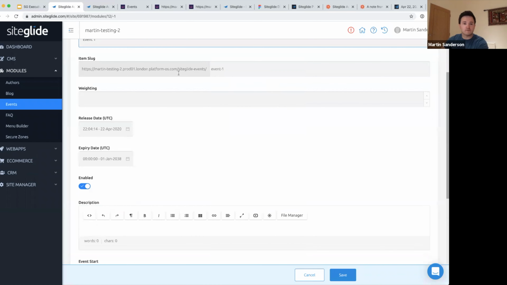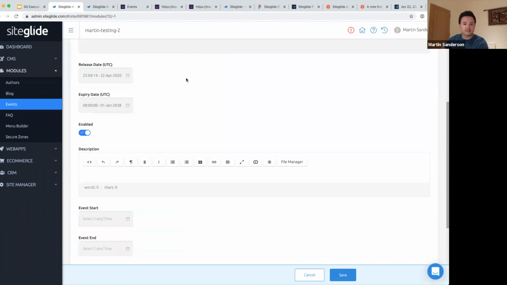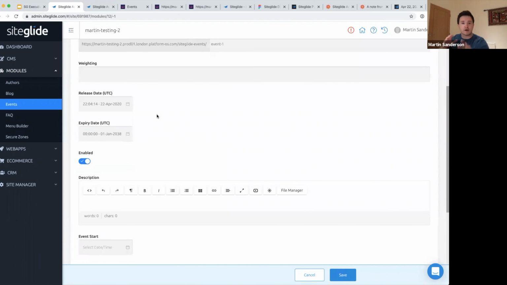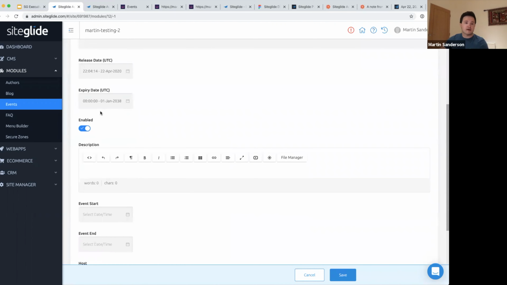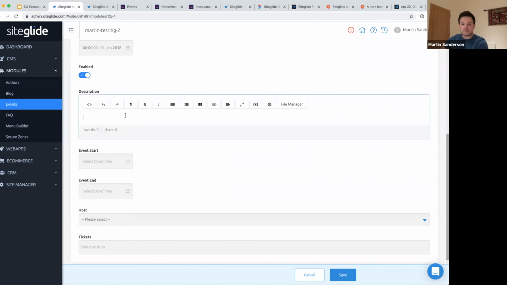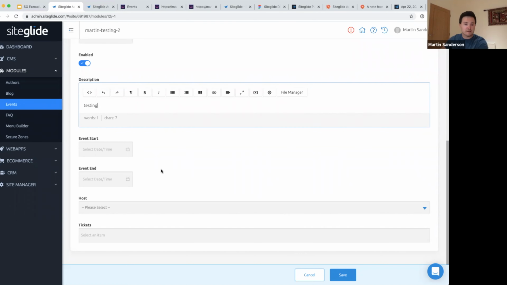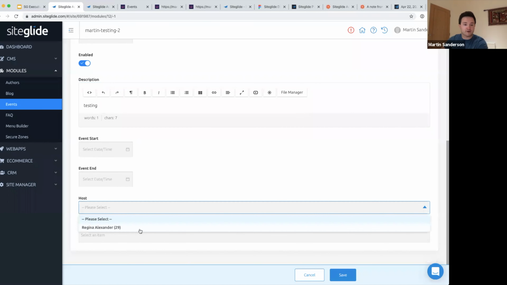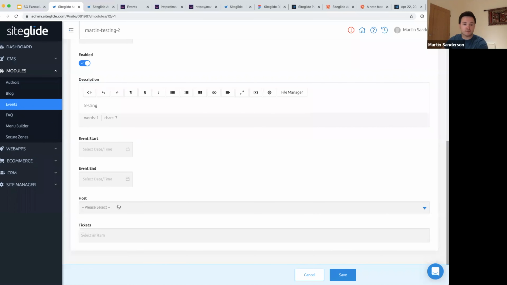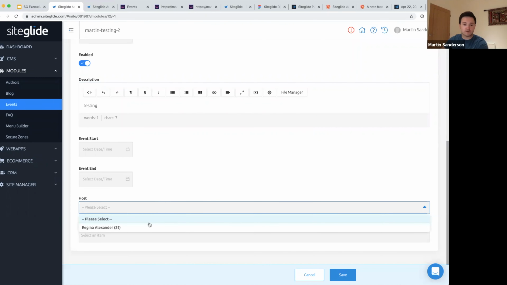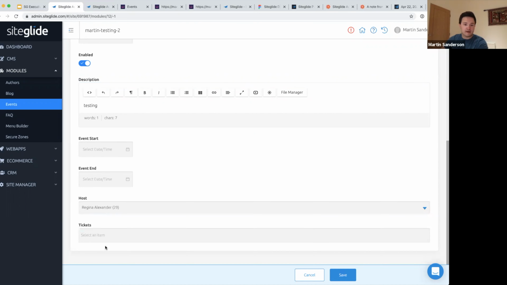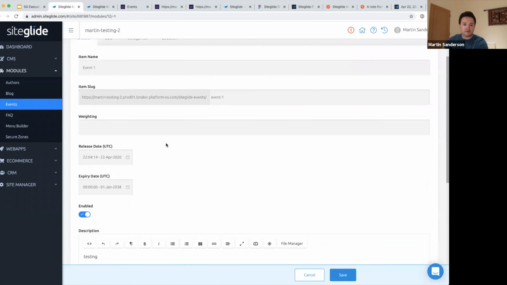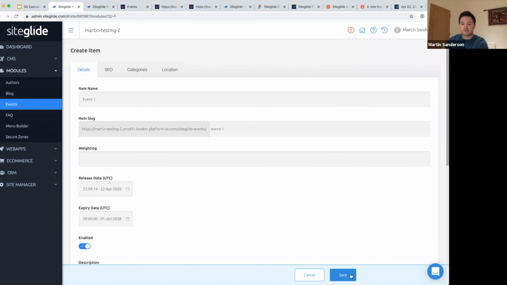So you've got your name field, slug, waiting, release date, expiry, etc., to show and hide the event from pages. And then we have event descriptions. I'm just going to put in a short one for now because I'll come back to it. And you can also see we've got an event start date, end date, and be able to define a host. This uses the authors module, which I'll show you a little bit later on. And then we get an option to select tickets as well that I'll come back to. So if I just save this,